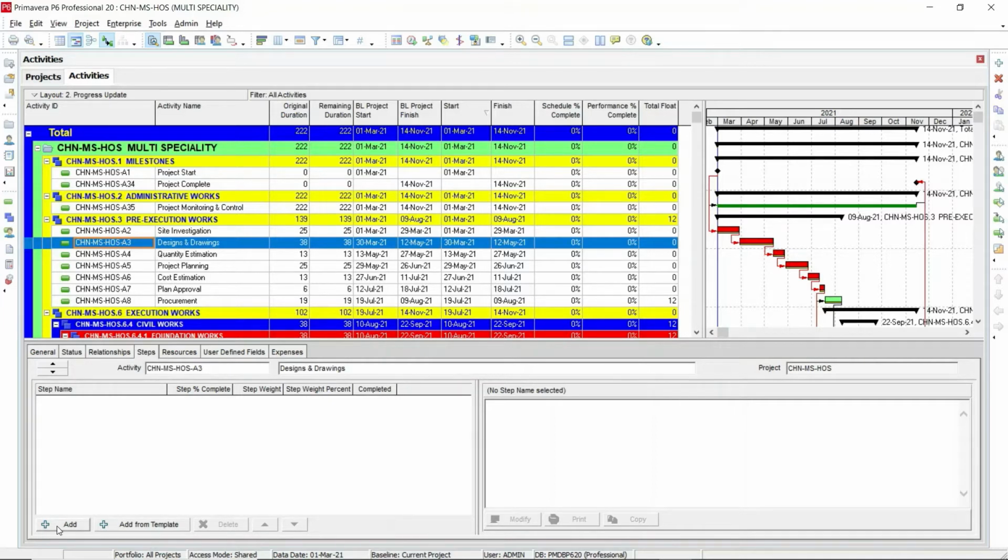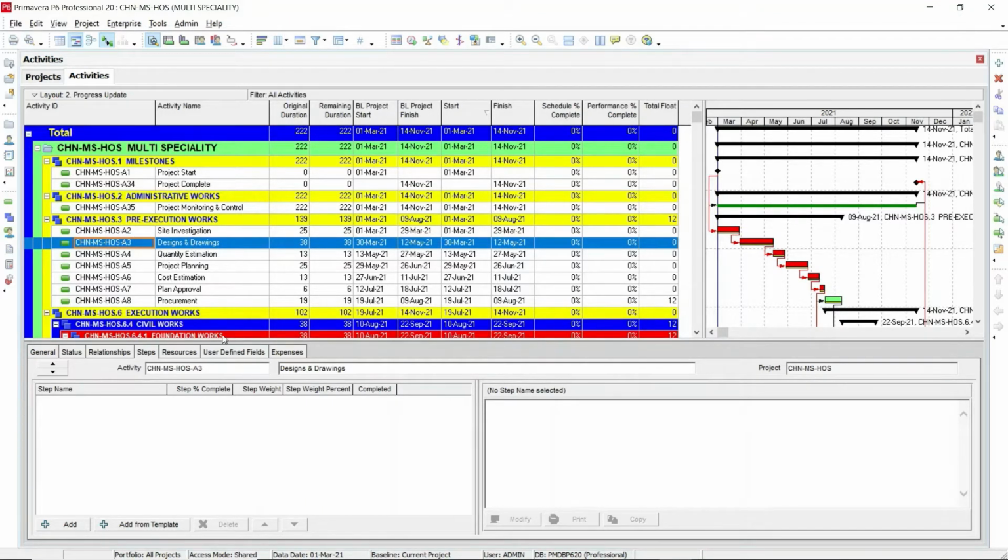You can directly add the steps involved in the design and drawing activity, or you can add from a template if you have already created a steps template. Or you can create the steps here and make them a template also. So these are the three different methods of creating steps. Now we will start creating the steps.